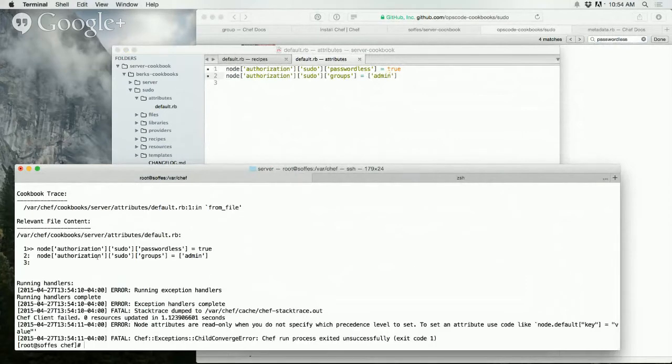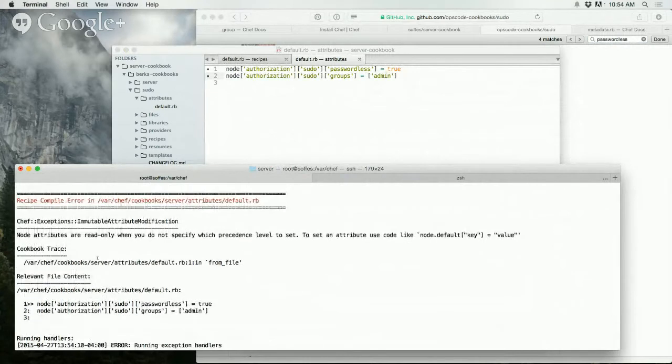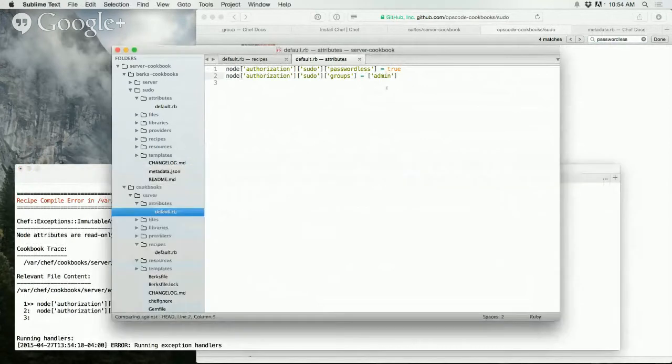Didn't like that. What is it? Error: node attributes are read only. Oh, okay. Node.default. Yeah, that's what we want. So should we put them in the